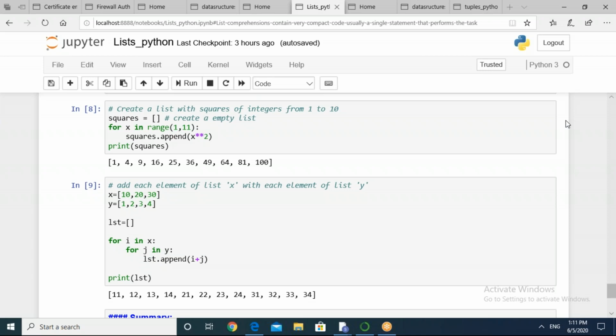Muskan has responded correctly. Okay, 10 plus 1, 11, then 20 plus 2. So what it is doing, it is taking the element from the first list and adding it with the rest of the items.